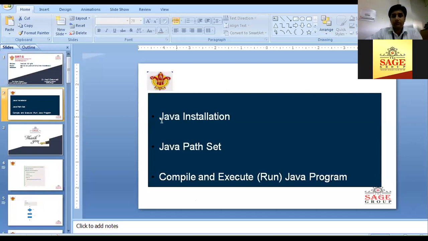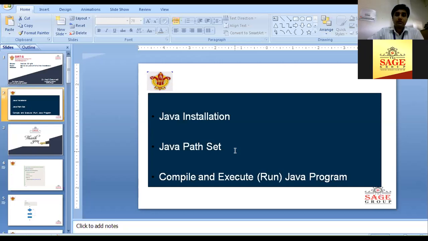Remember, you will have to download Java from Oracle's official site. You will have to download the JDK and set the path by copying the path from Program Files, Java, JDK, bin. Copy that path and go to My Computer, right click on My Computer, go to Environment Variables, click on Path and paste your path there after putting a semicolon, and click OK.